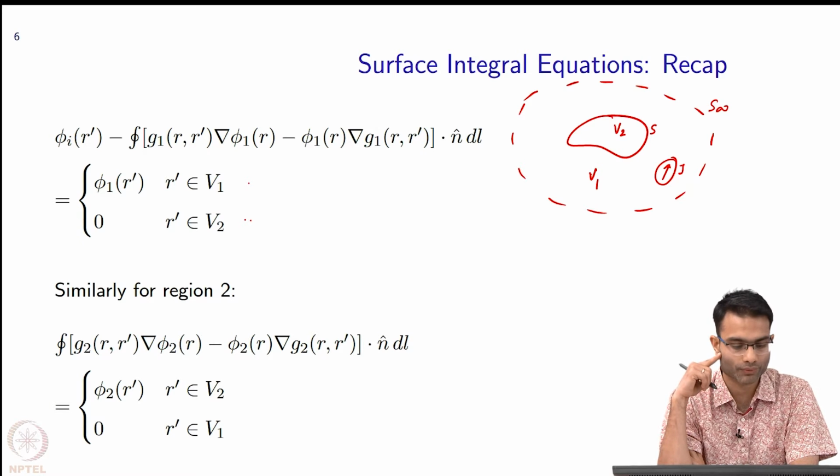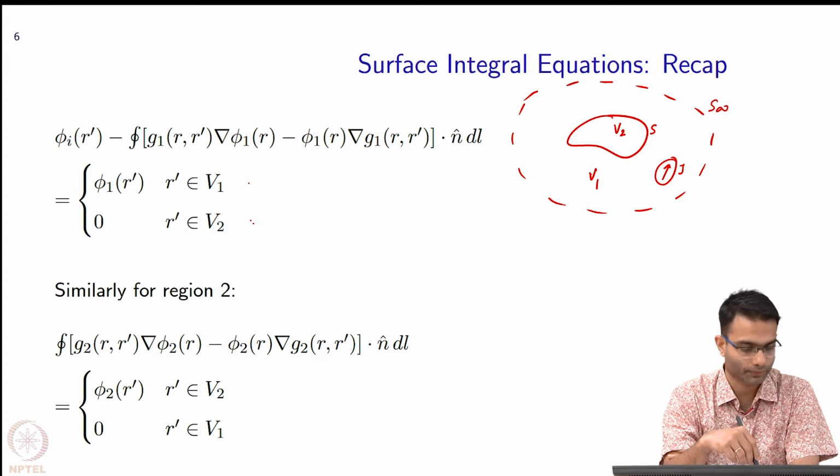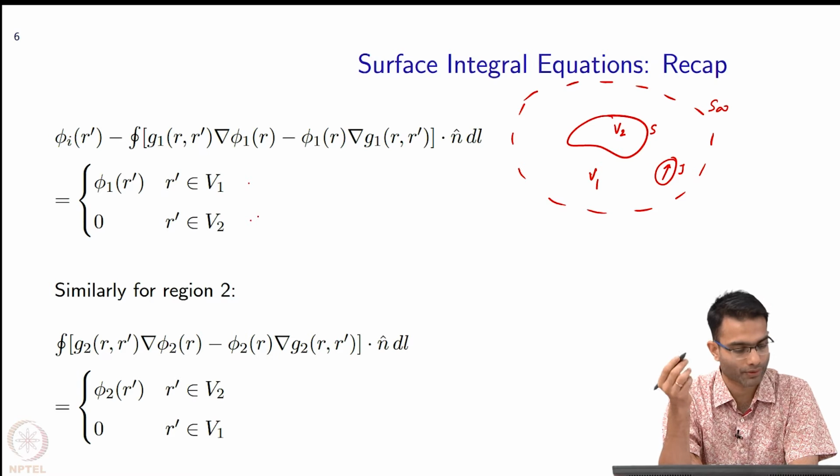If the delta function was not in the region of integration, then I got a 0, which happened when r prime was in V2, right, and when r prime was in V1, then the delta function acted with phi 1 and I got phi 1 r prime,